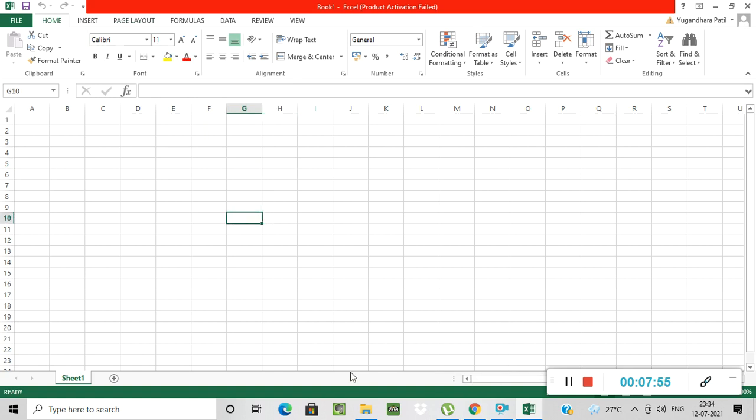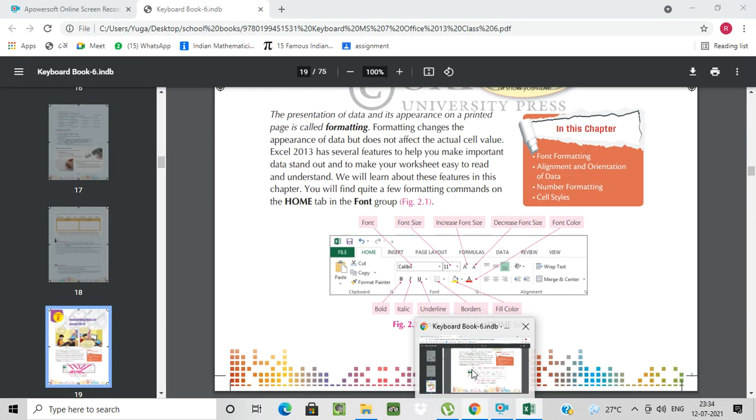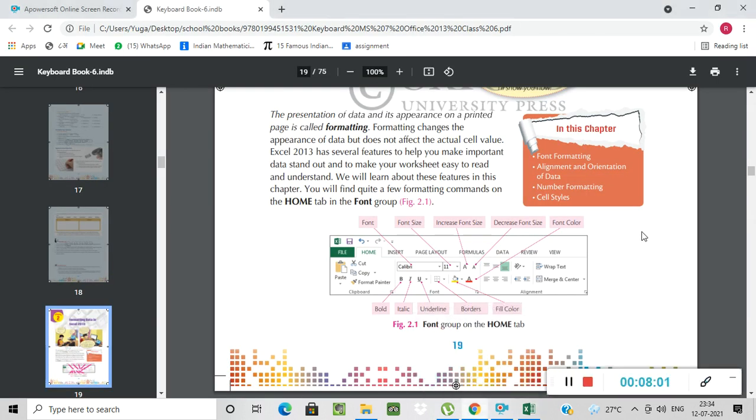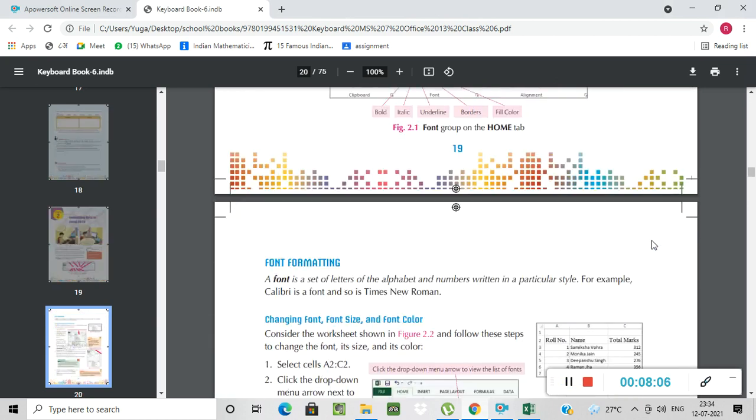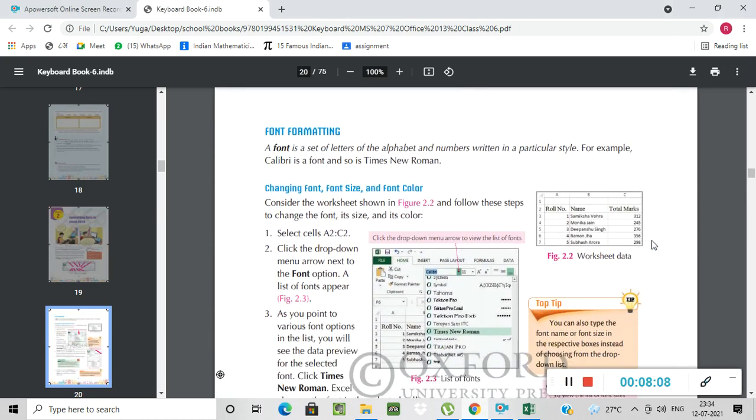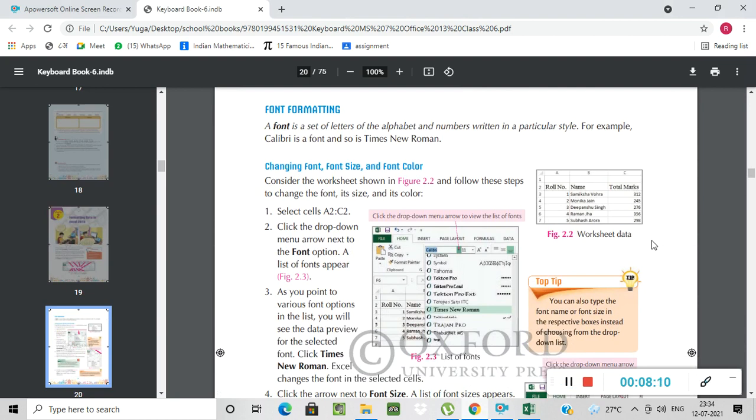Now we'll move to our main topic from our textbook. I'm scrolling down to page number 20, font formatting. A font is a set of letters of the alphabet and numbers written in a particular style. For example, Calibri.